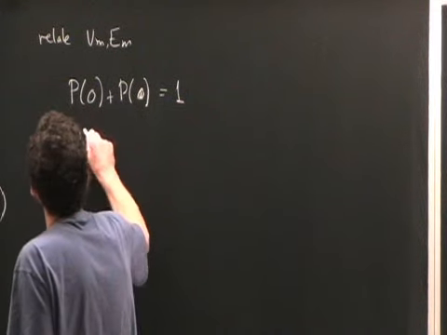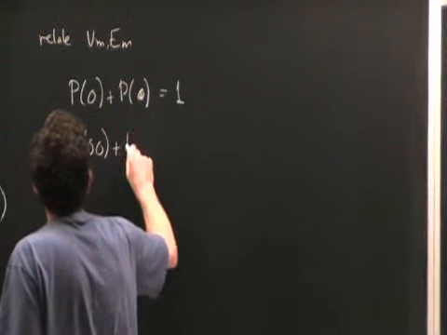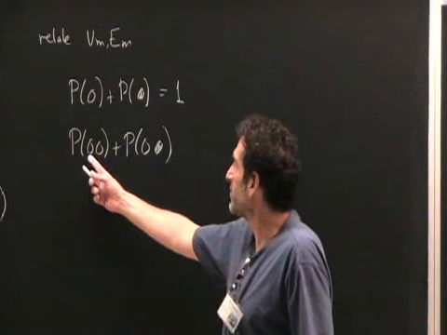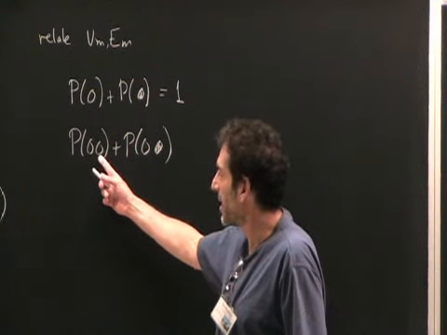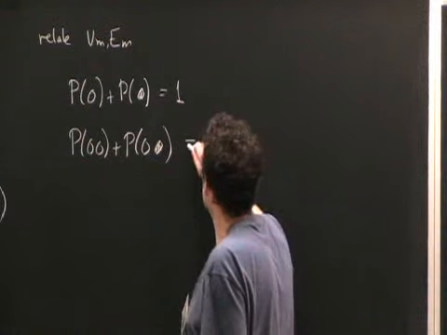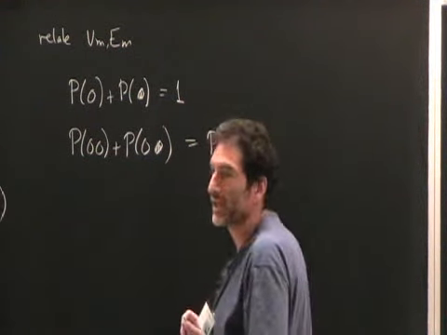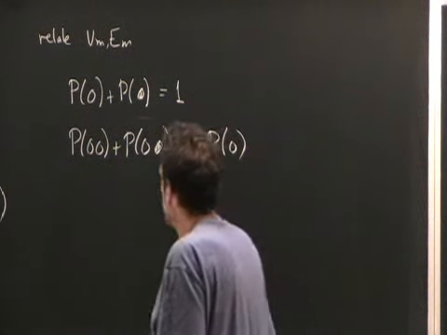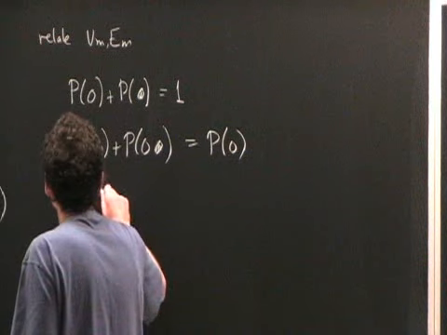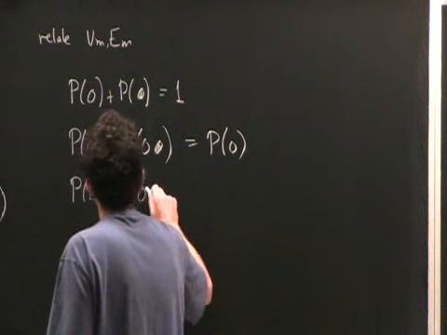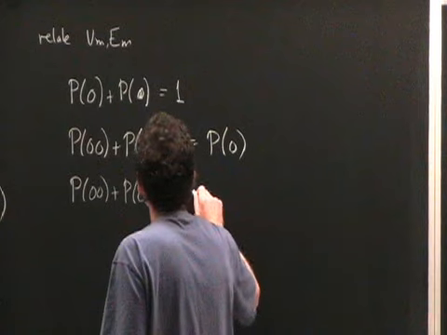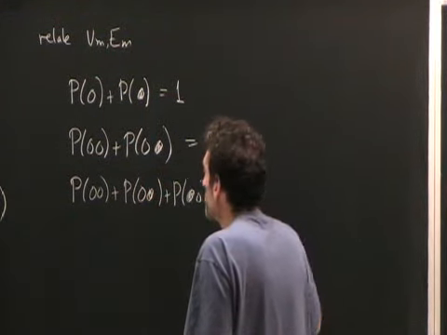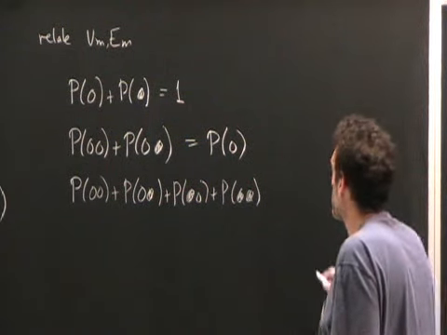If I continue this sort of reasoning, I can say P00 plus P0 occupied. What is this? So the left side is empty, and then the right side is either empty or occupied. This is nothing more than the probability that a single site is empty without paying attention to its right neighbor. Let me do one more of these things. If I do P00 plus P0 occupied plus P occupied 0 plus P occupied occupied, well, I've just enumerated all possible states of 2 sites, and so this is equal to 1.